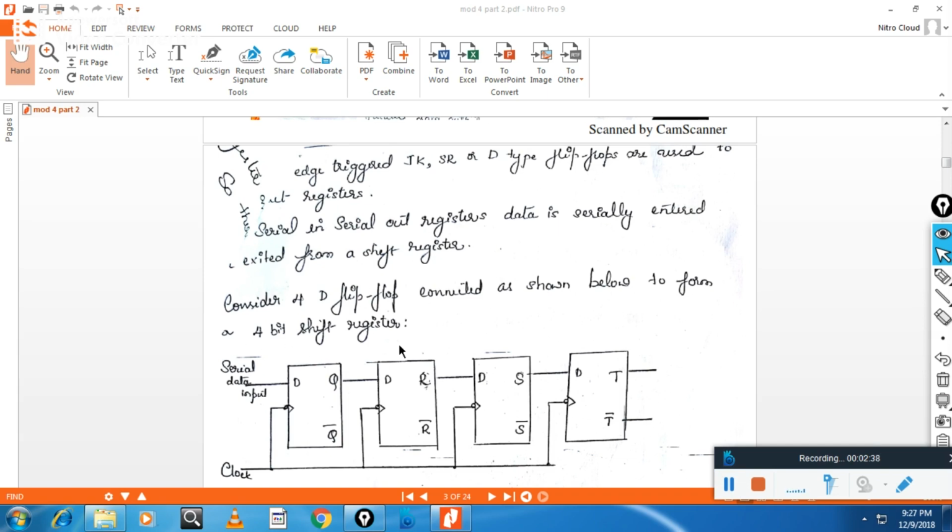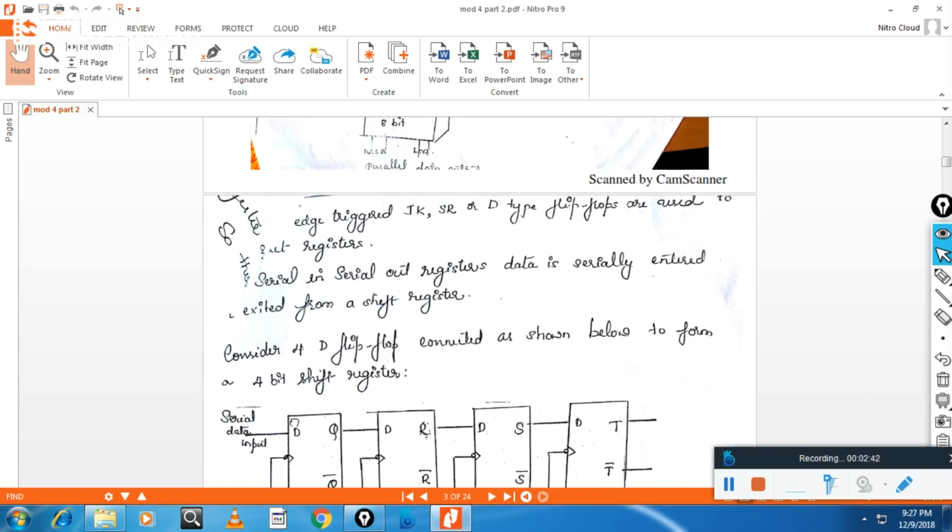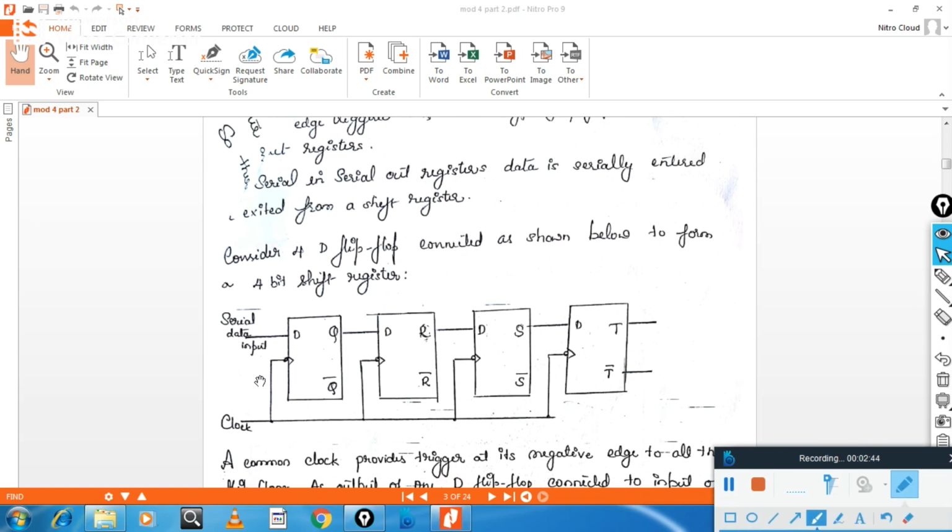Here you can see 4 flip-flops are used: the first, second, third, and fourth. All these flip-flops are simultaneously fed with the negative edge clock. The output of the first is connected to the input of the second, the output of the second to the third, and the output of the third to the fourth. This is the final output.